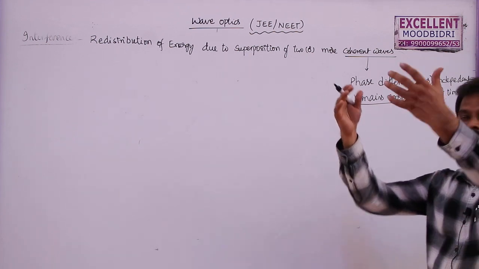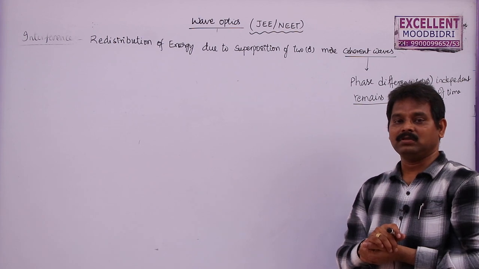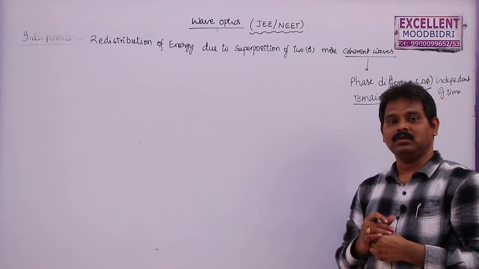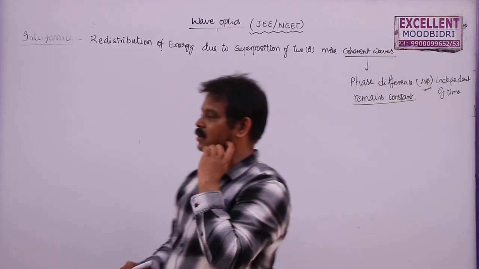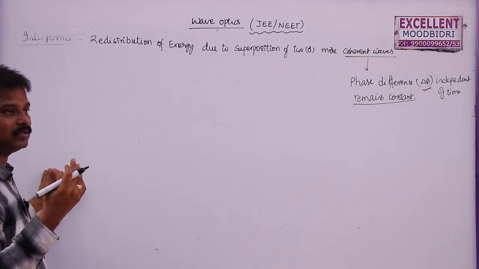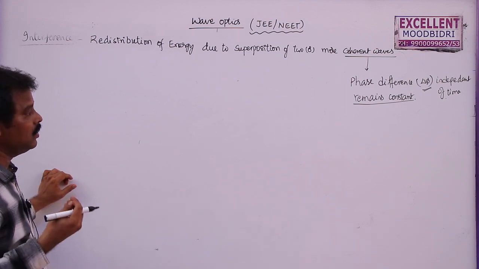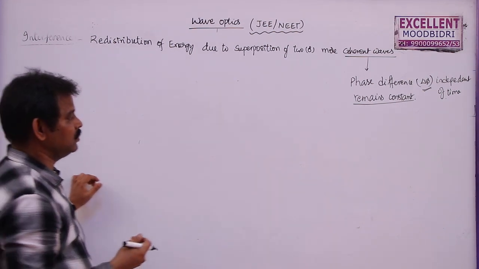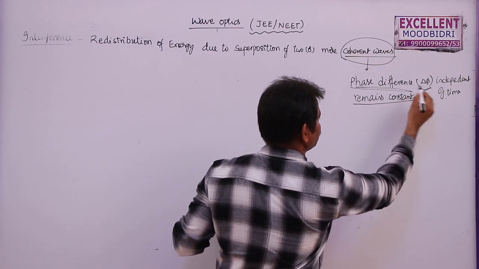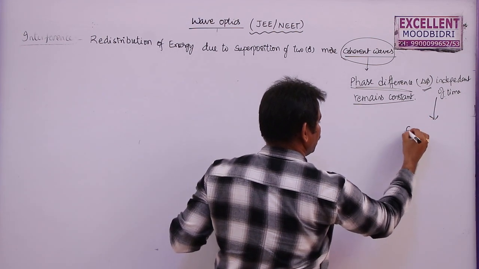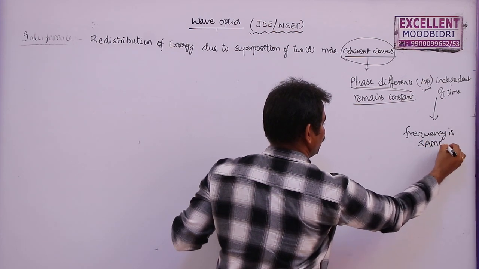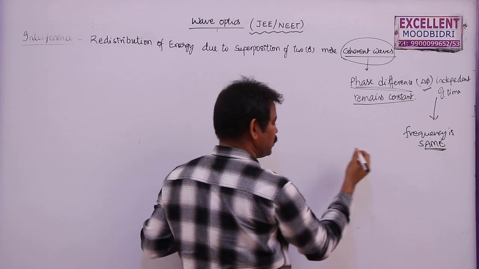The light waves that are coming from two different light sources, maybe two bulbs or two candles or two laser beams. A laser beam is coherent as well as monochromatic, but other sources may produce waves of different colors, different wavelengths, different frequencies. For two waves to be coherent, the phase difference must be independent of time. It is possible only if the frequency is the same.